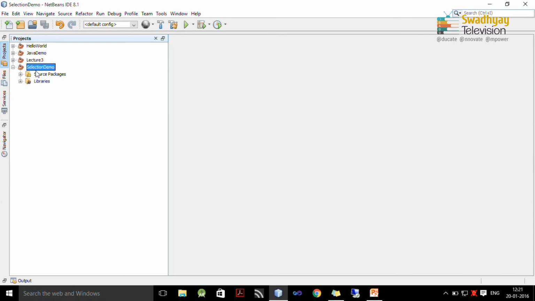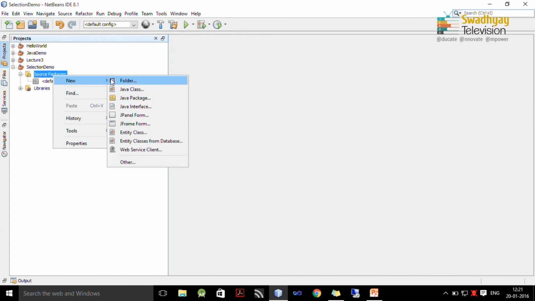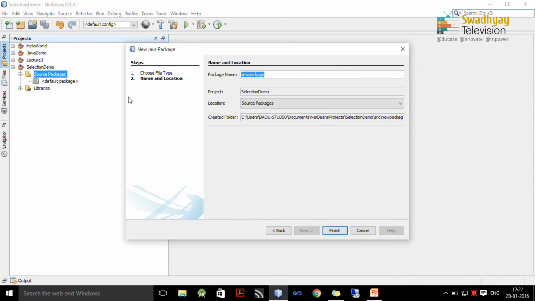If you follow the mouse pointer, you can see this is our project selection demo. Now, expand source packages, right click on source packages, then new and then Java package. Here I give my package name as mypackage, and I will store all the classes inside this package.